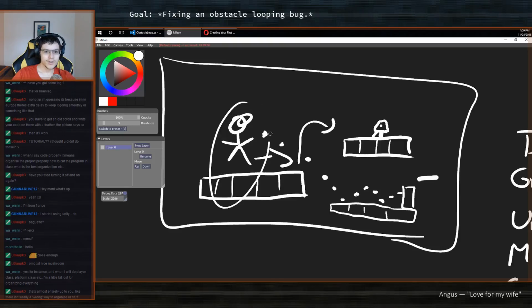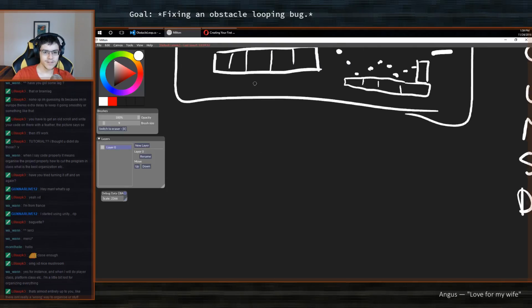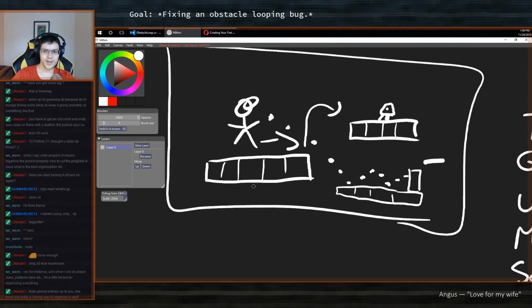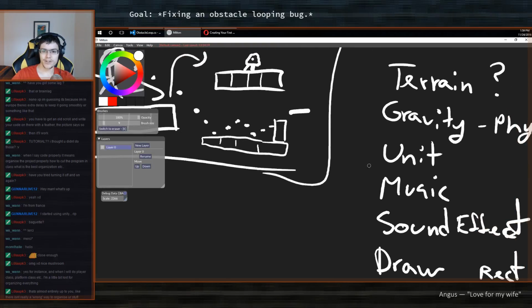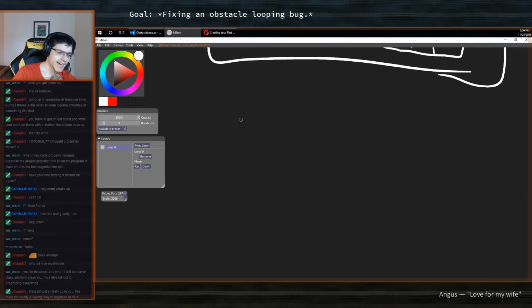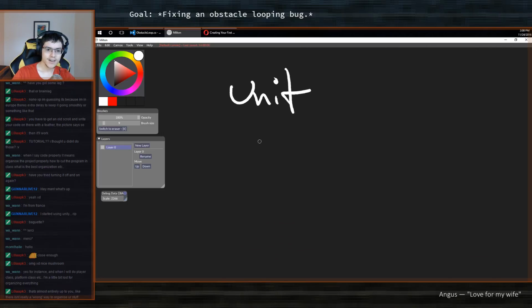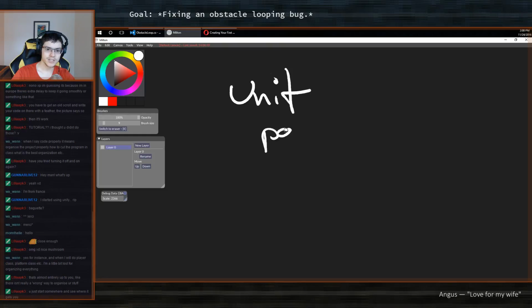But in order to know how to organize yourself, you need to understand the requirements. So for a unit, I know that if anything, a unit needs at least a position. So it needs to have a position